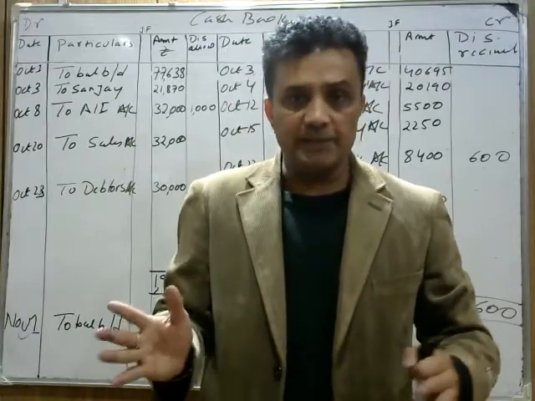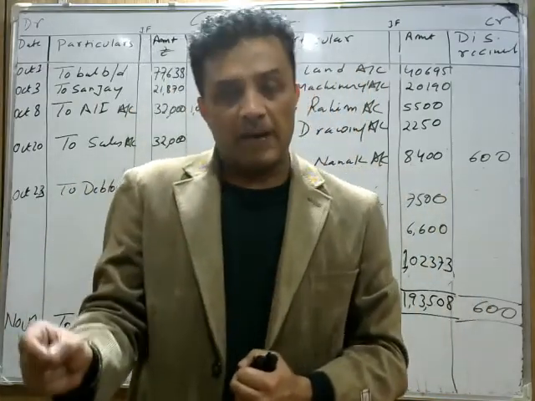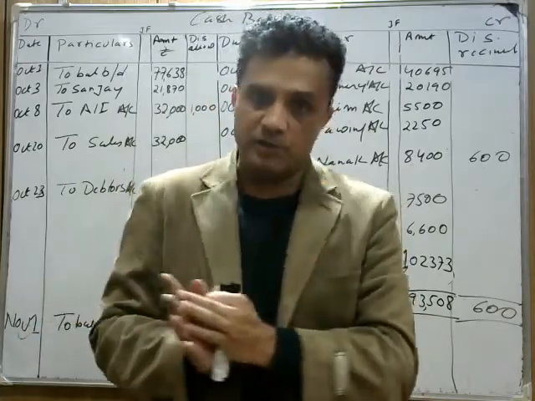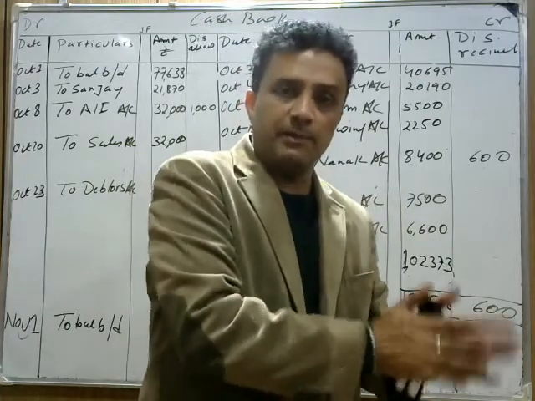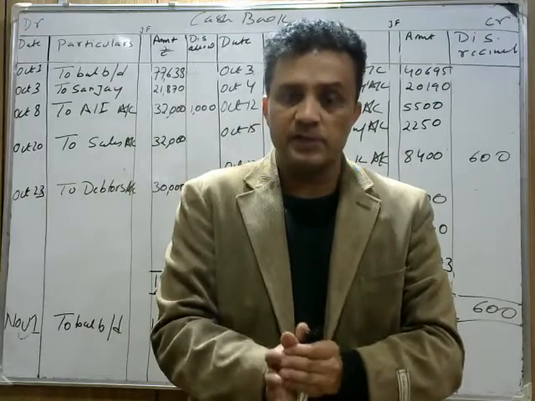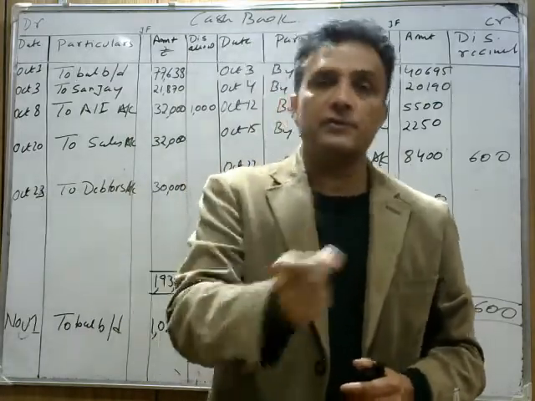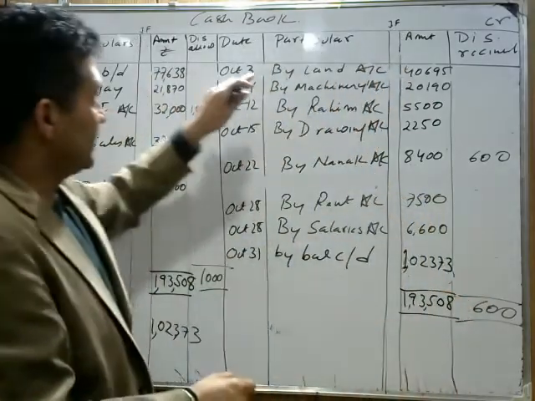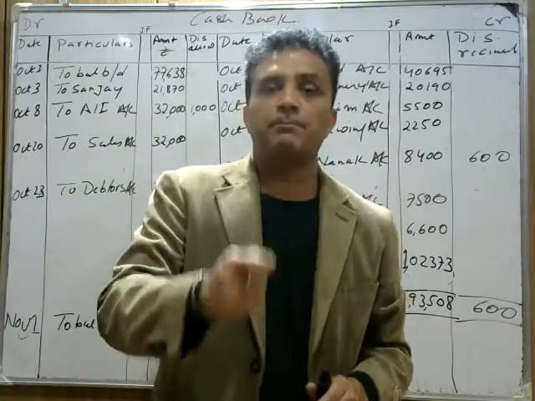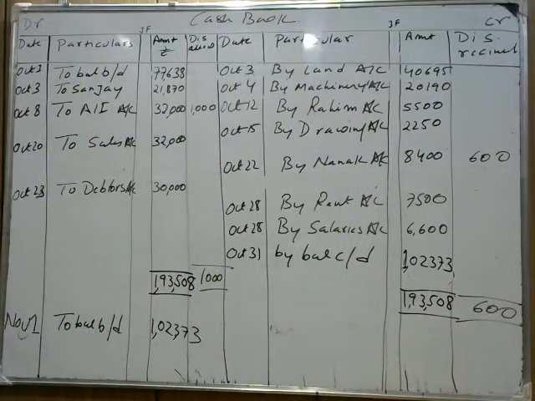Is it clear? In our next video, we will do the cash book with bank column as well as the discount column, which we call the triple column cash book. We will prepare the double column and triple column together because the rules and approaches are the same. The next thing is the cash book with bank column as well as the discount column. To the cash book with discount column, we will add one more column. This is called the bank account. Okay guys, clear? Practice more and more questions.